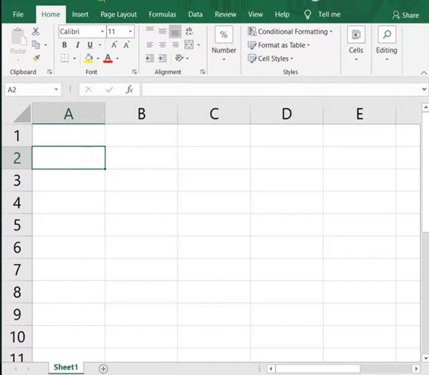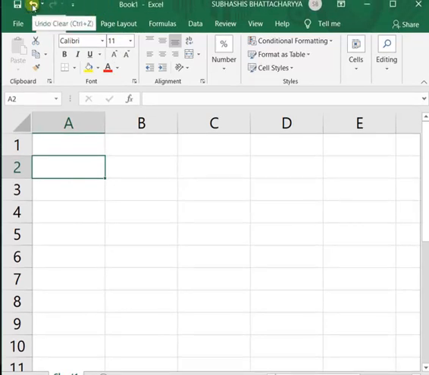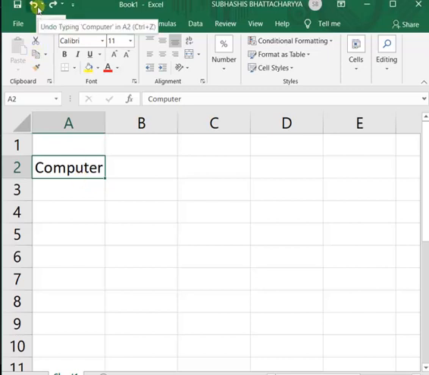You can find undo here in the quick access toolbar. If you click on undo, you will get back computer again. And when you have done undo one time, then only another button called redo will appear. Redo reverses back the changes that have been done by undo.